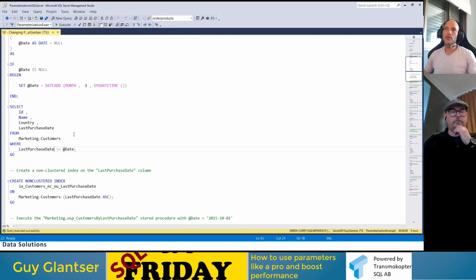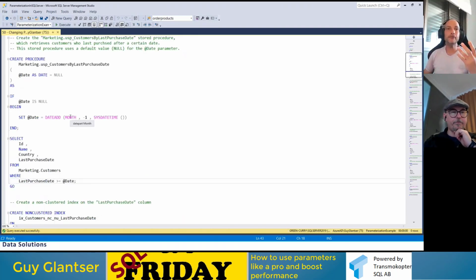to date. So what happens is there is, let's say, a search form in the application, and the default behavior that the users want is give me the last month. So in this case, they don't need to do anything on the form. They just click submit right away, or maybe even it's executed by default, and they get the last month because the application passes the value null. But if the application user wants something else, they can always use a date picker and choose a different date, and then they pass a different value, and we bypass this if statement.